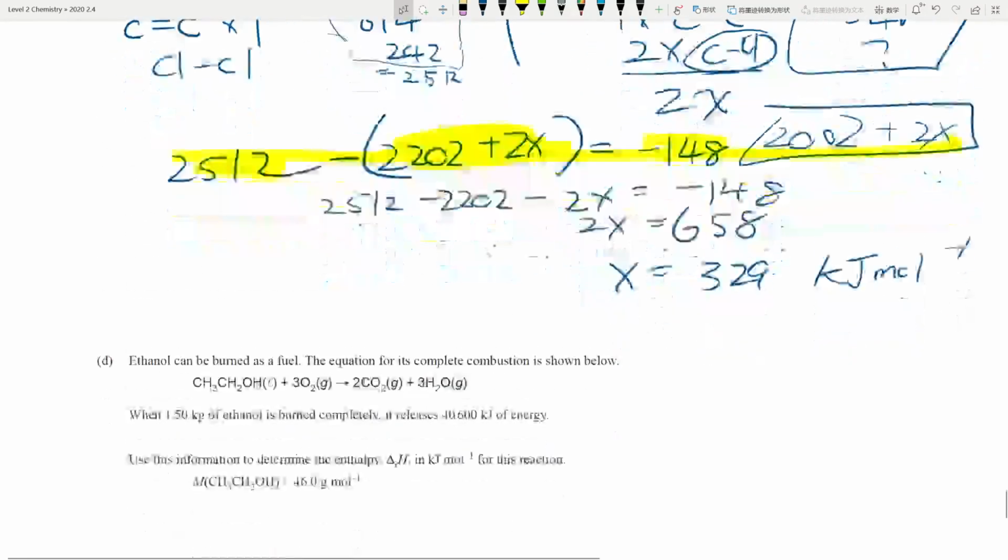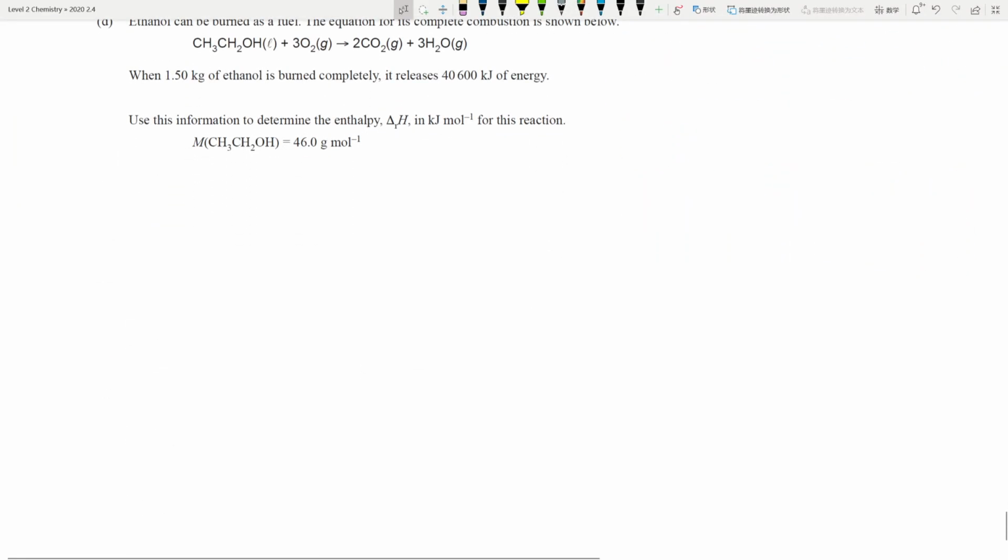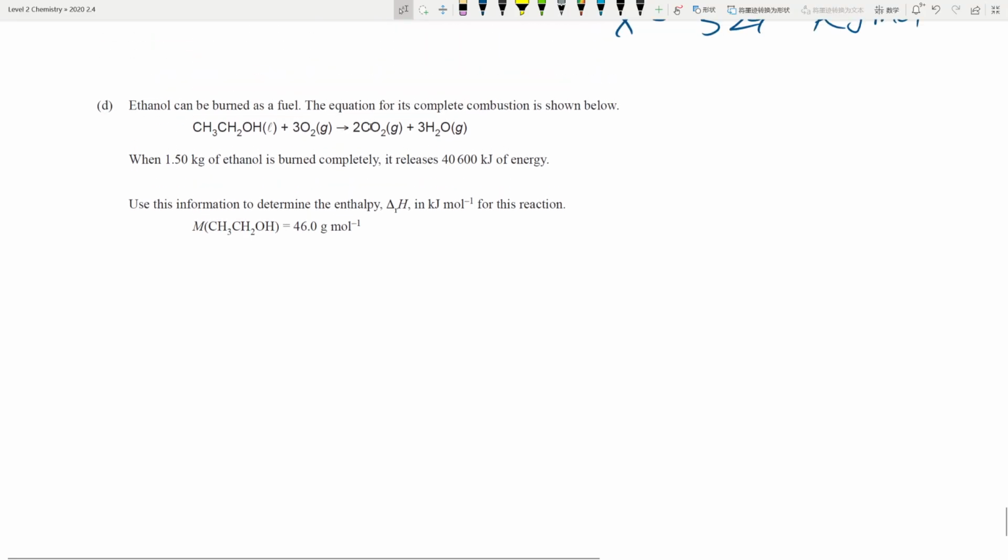Okay, is this the last question? Yay, last question. Okay, so ethanol can be burned as a fuel. Amazing. Complete combustion. So 1.5 kgs of ethanol, which is this guy, is burned completely. It releases 40,600 kilojoules of energy. Use this information to calculate the change of enthalpy. Okay, so this is where you go, all right,